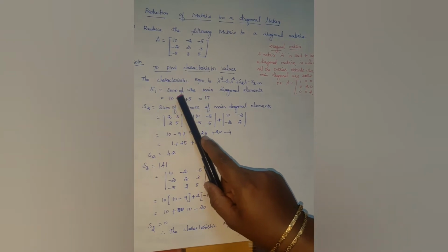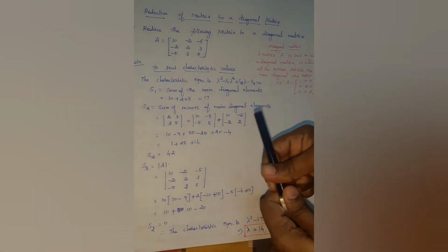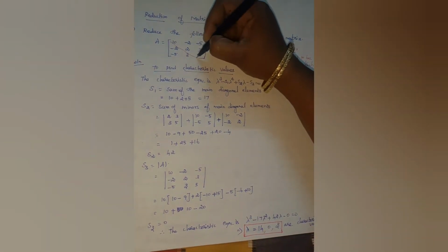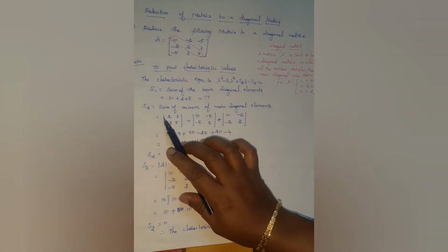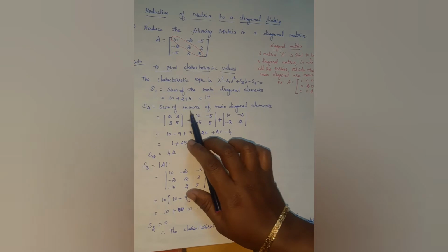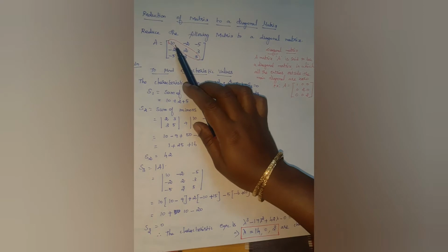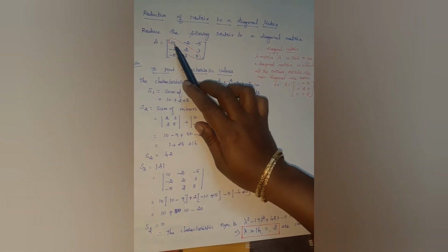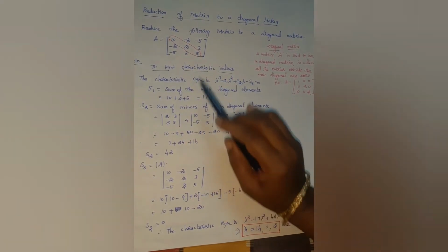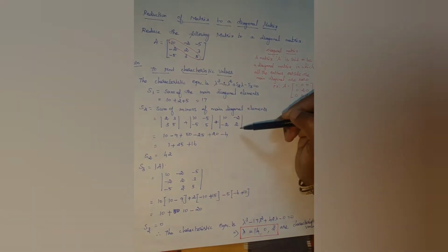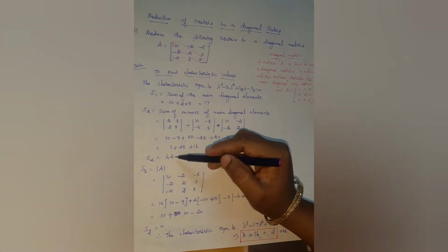So S1, as you know, is the sum of the main diagonal elements. So you add the diagonal entries. Your diagonal entries are 10, 2 and 5. So when you add these three entries, you will get the value as 17. Then S2 is equal to the sum of the minors. As I told already, minors means cofactors of main diagonal elements. For each and every main diagonal element, you find the cofactor. Cofactor of 10 is the first determinant, cofactor of 2 is the second determinant, cofactor of 5 is the third determinant, right? After calculating these, you will get the value of S2 as 42.